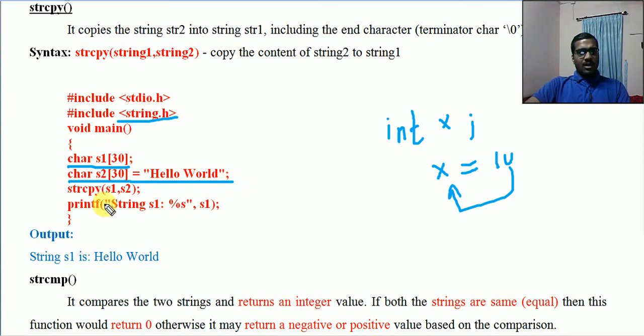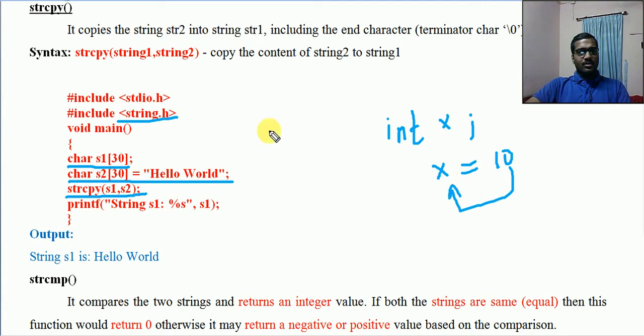Now after that we are directly applying strcpy(s1, s2). What will happen? The s2, that means hello world including \0, will be copied into s1. s1 does not consist of anything, just like here, h does not consist of anything. I am copying or assigning this 10 into the variable.